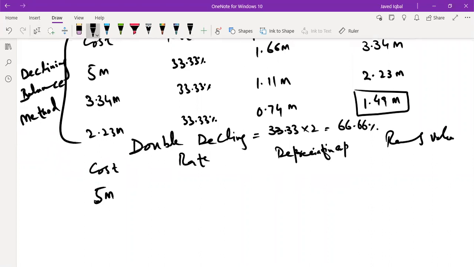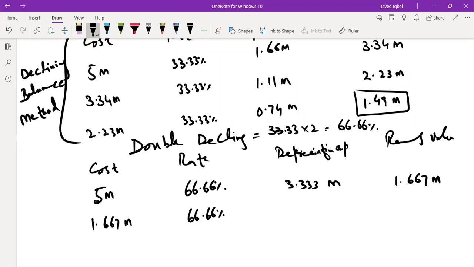So it is 66.66. So you multiply 5 million with 66.66 to get 5 multiplied by 0.6666. So you get 3.333 million for the first year, and your remaining value will be obviously 1.667 million. So when you multiply this 1.667 million with 66.6%, the next year you get